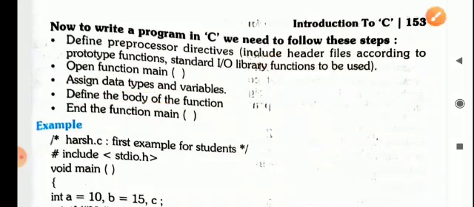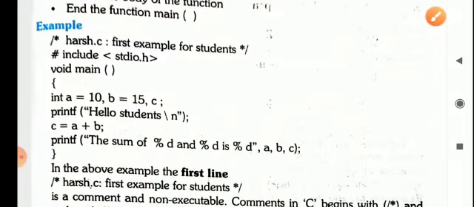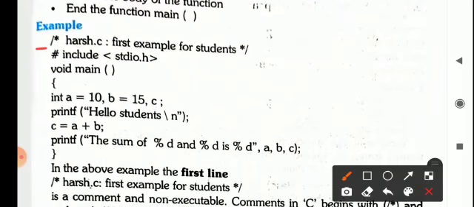Okay. Now see the example of it. See, this is written, starting with a forward slash and an asterisk, then Harsh dot C colon first program for student. So this is simply a comment line. When you write a program, it is always good to add comments so that you can read later on, or anyone who reads your program can understand what exactly your program is doing.